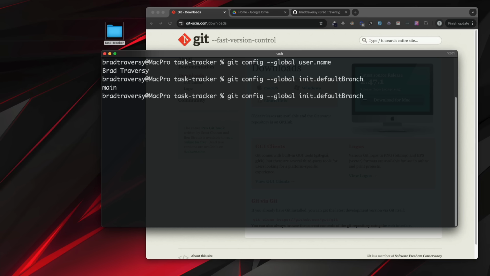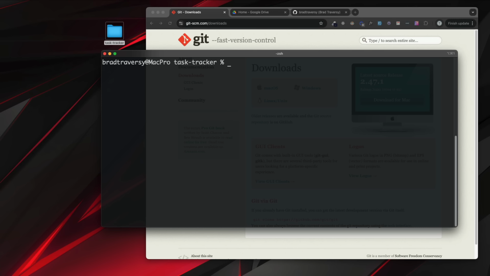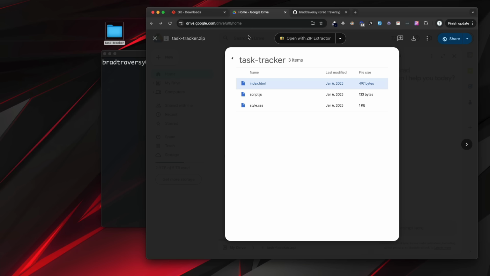So what you can do to change it to match GitHub's is just add main like that. All right, so now that we have that done, we're going to talk about the project, which doesn't really matter